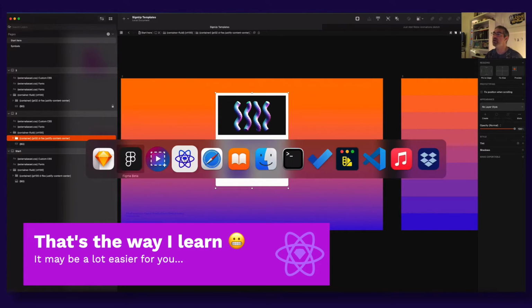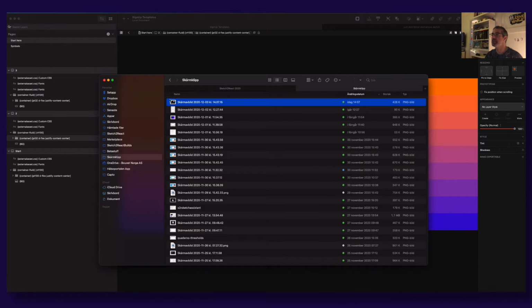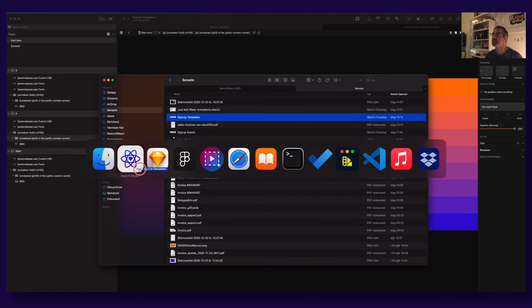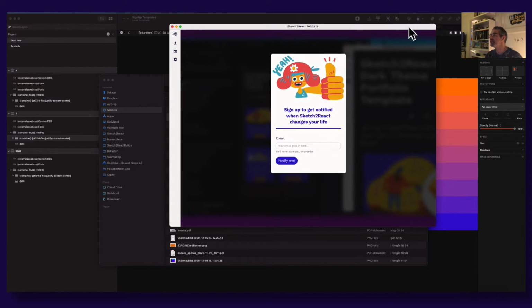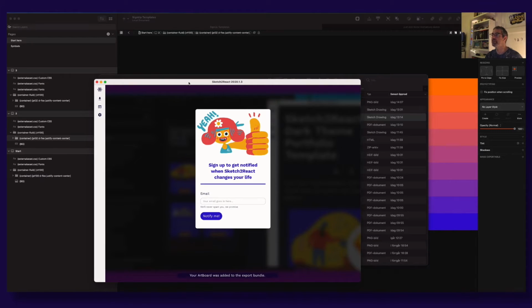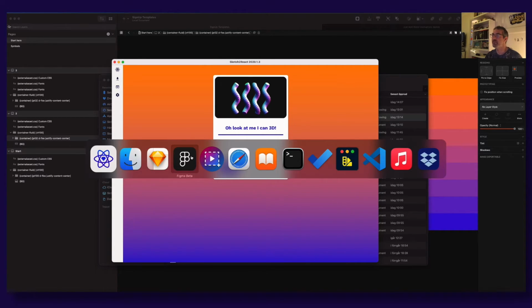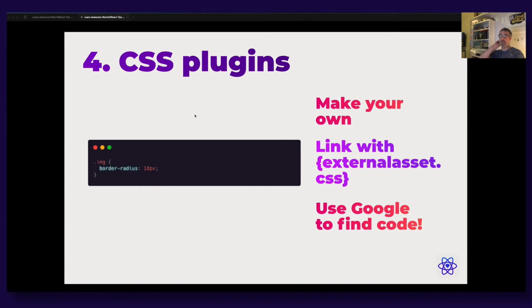So this one, let me just load this sketch file and I will show you how it works. Like that. So it's also applied here, so it centers everything, and that is awesome. So that was tip number 3, and then we have tip number 4, which is